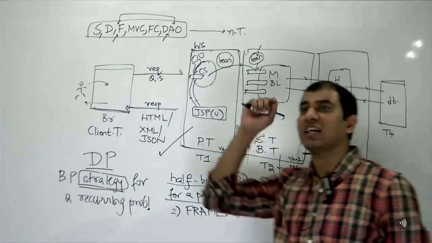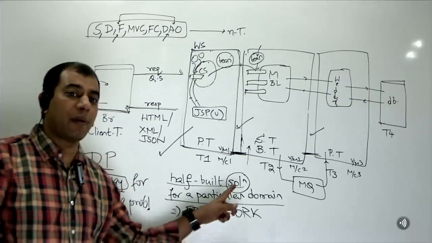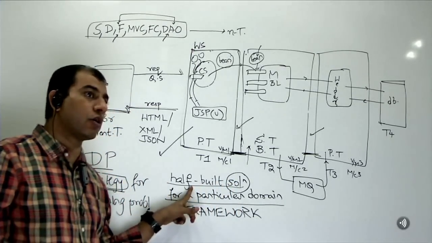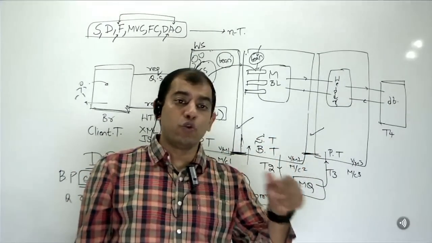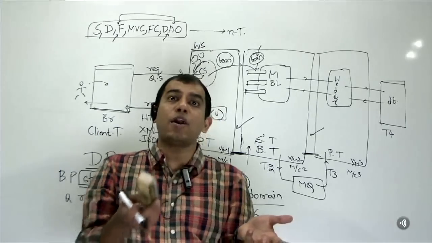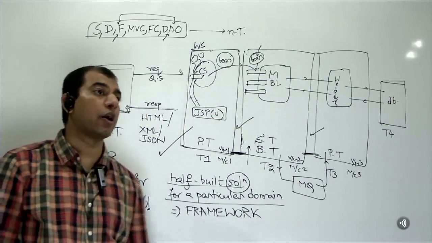A solution means it is code. It has code that has already been implemented. However, what type of code is it? Not complete code. It is only half built. That means you cannot run it directly. However, you can use that code in your programs and you can build on top of it. What is the first framework we were introduced to? It is called the